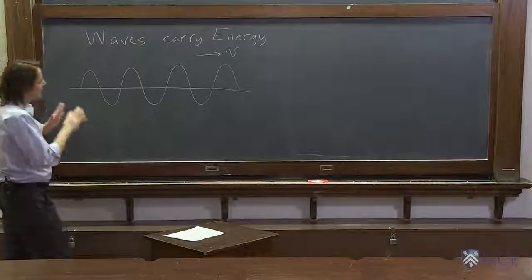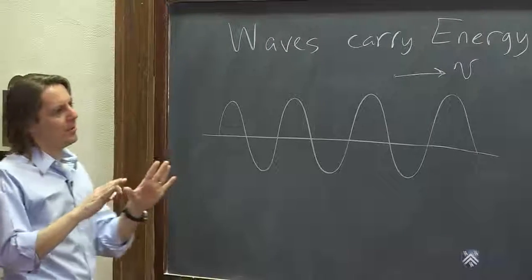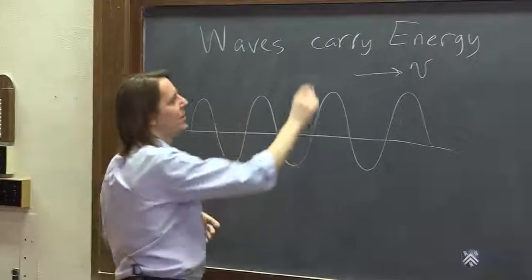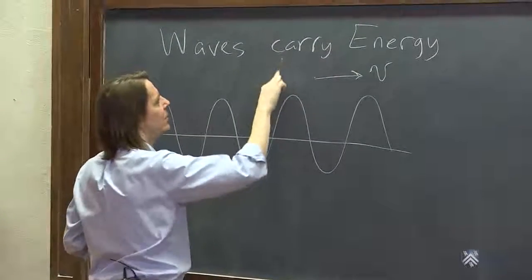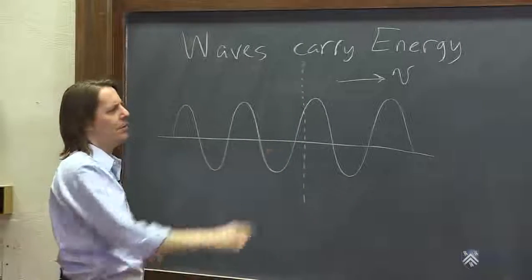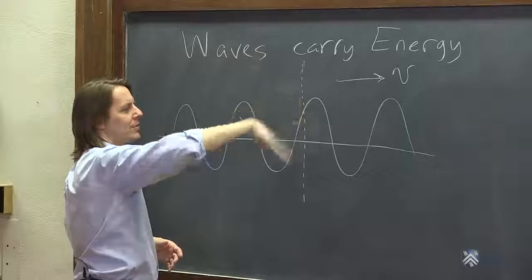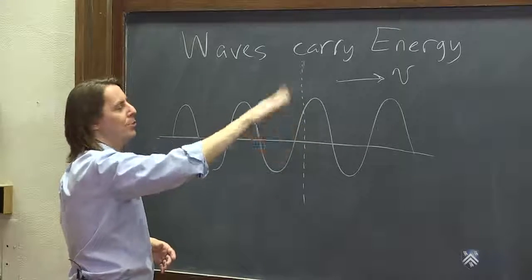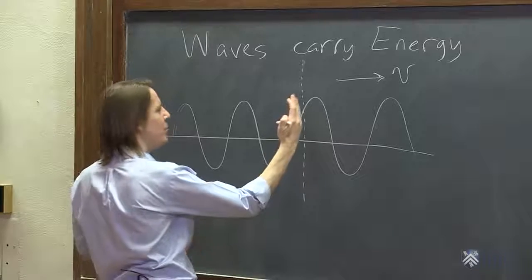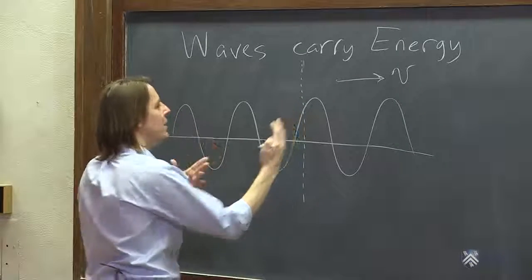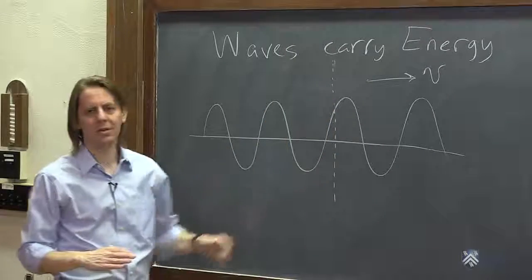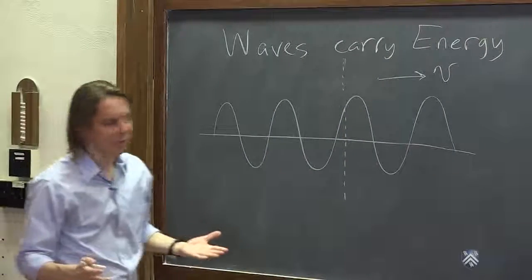To think about the energy being carried by the wave, we want to think about a plane that the wave is crossing. The way I've drawn things here, the plane will just be a dotted line. It's kind of like when we thought about the frequency, and we asked how fast the string deflection is moving up and down if we sit at this point. Another way to think of it is to sit at this point and watch the wave go by and see how much energy is crossing that point, or that plane or that line, per unit time. That's what we're thinking about.